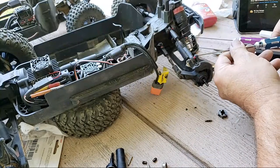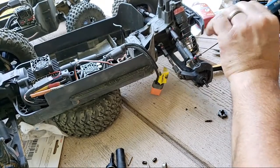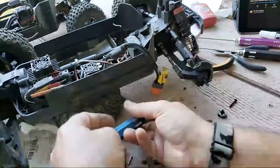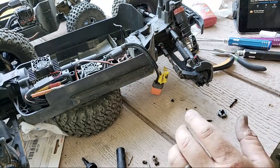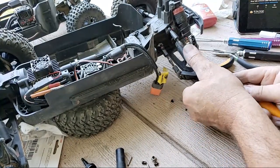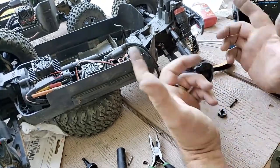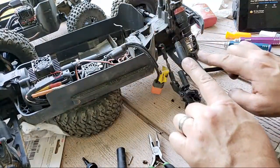So, buzz this off. Boy, it feels nice out right now. And then, where's my pick? Get this. Pop a pin. Like I said, this originally did have hot racing stuff on it, but zero need. But as you can see, when I pulled that apart,